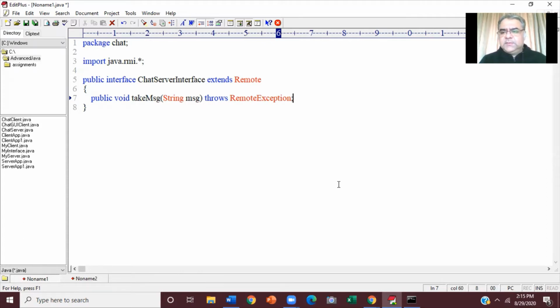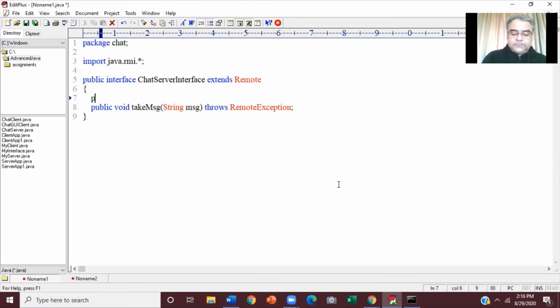In fact, this method which client is going to call and pass his stub, in our case, we'll take two parameters. Not only will he pass his stub, he will also pass his name, because in this application, we are supposed to maintain the names of all the clients also. So we'll have this method take two parameters, string, he's going to pass his name, comma, chat client interface, he's going to pass his stub. So let's declare that method.